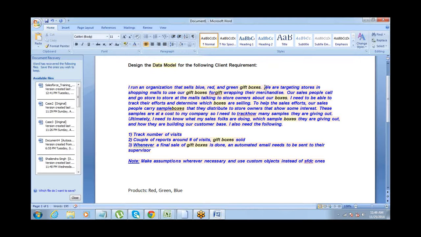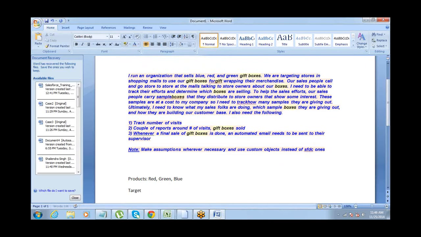Okay, the second thing that we understand is we are targeting stores in shopping malls to use our gift boxes. So the target is stores, and they are specifically saying that they target stores only in the shopping malls. The moment they say that, we just need to keep that shopping mall thing in mind.